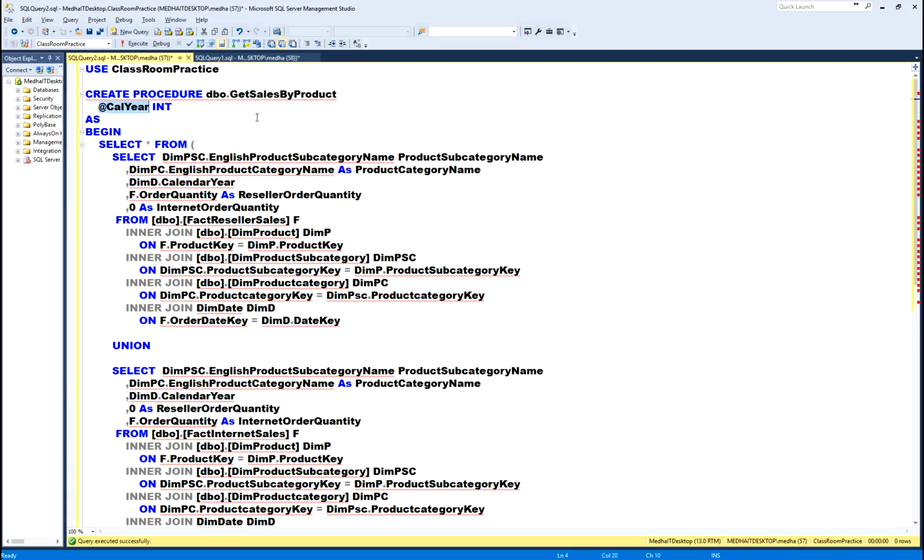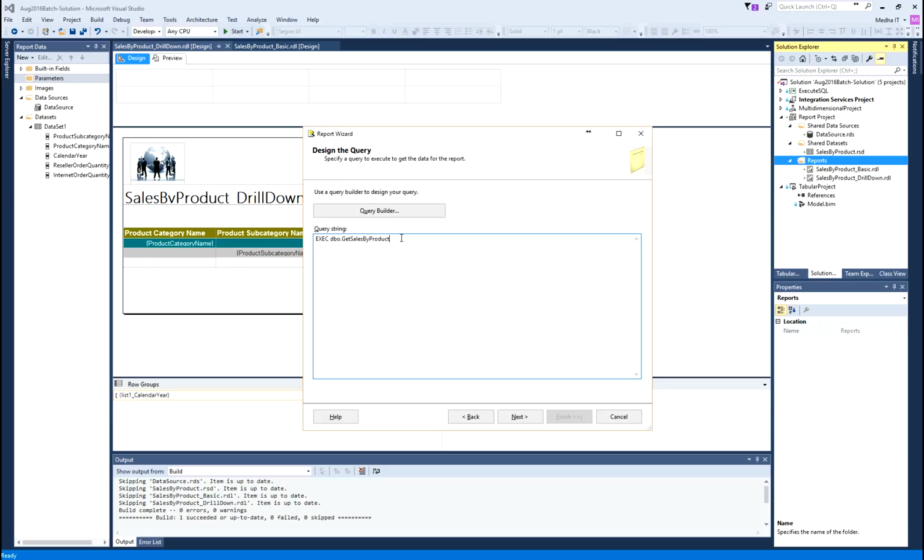Execute. So, the moment I said execute the stored procedure with parameter, it is asking for parameter properties.